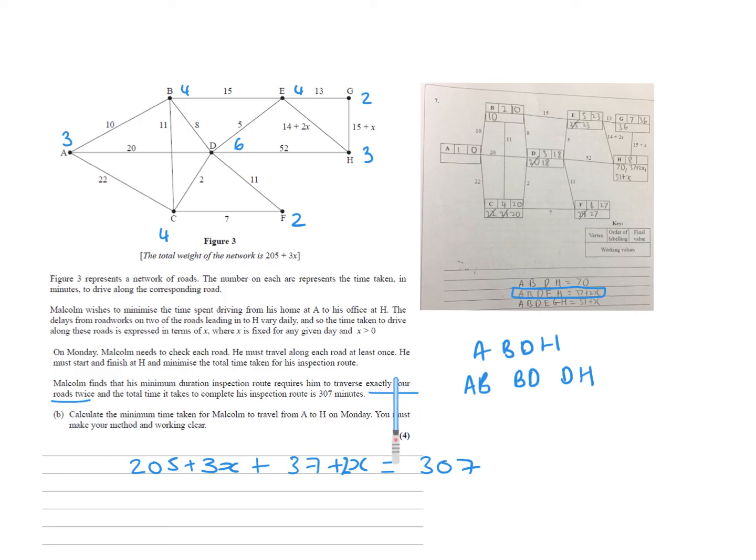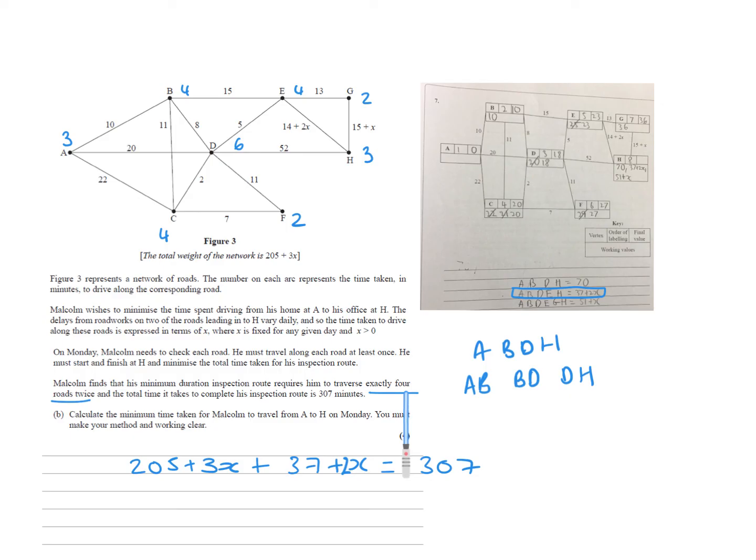Before I got to that stage, I saw route inspection, and I went and found out the order of everything. I know I've got to get from A to H, so I know I need it to be semi-Eulerian. I know I need A and H to be an odd order. When I look at this, A and H are the only ones that are odd anyway, so I don't have to change anything on the graph. Perfect. I can start at A and finish at H. No problem, I just need to find the quickest way. Okay? It says, though,